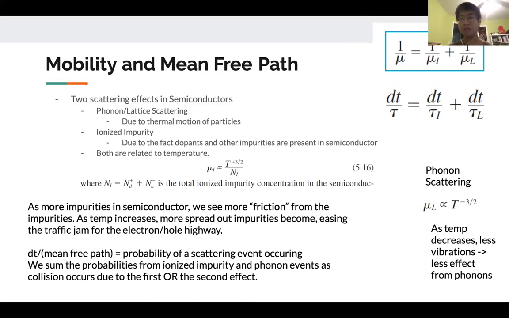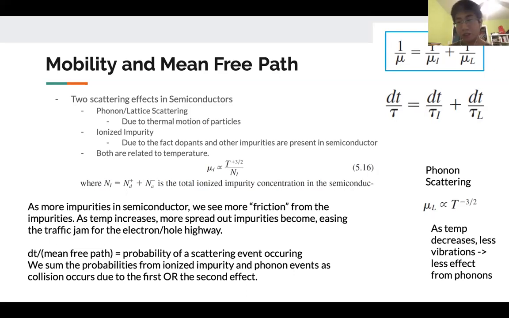And this makes sense because if you're on the highway, right, and cars are moving fast, then you can also get to where you want to go pretty fast. And basically the T is like the speed of how fast these cars go, kind of. And then NL is basically the amount of cars on the street. So that's like the amount of donors plus the number of acceptors. And the more cars you have on the street, the more of a traffic jam you have, meaning that the